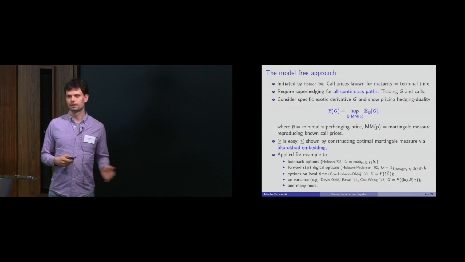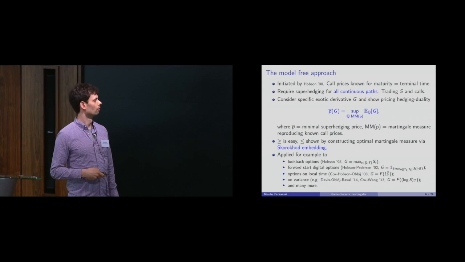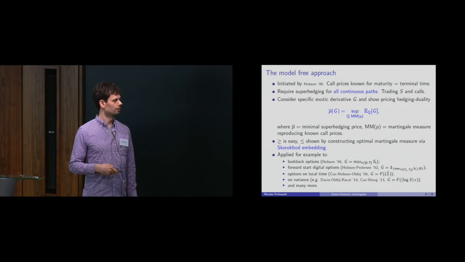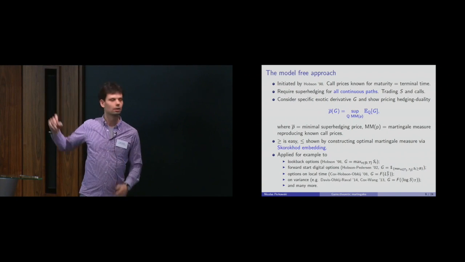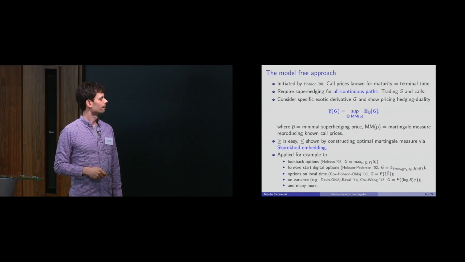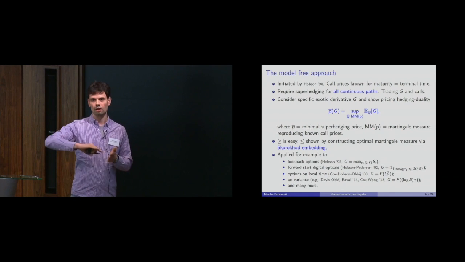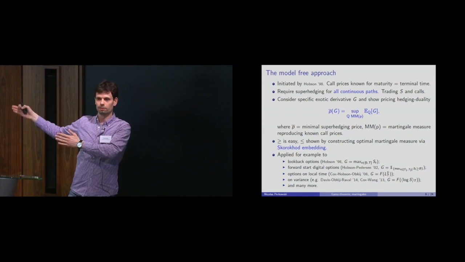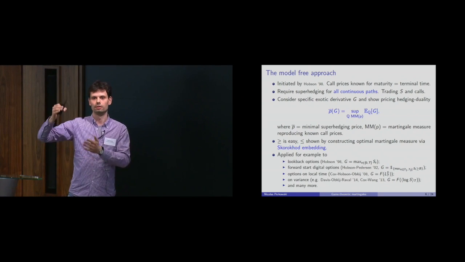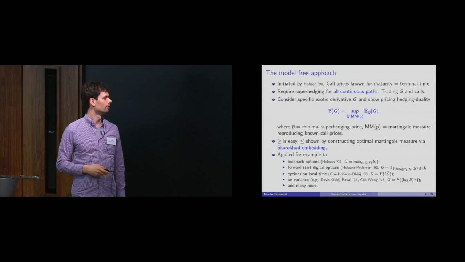So, but this then has been applied to really a bunch of different derivatives, G. So the first work of Hobson was where G is the maximum, so it's a lookback option, the maximum that your trajectory achieved during the time. Then Hobson-Pedersen in 2002 looked at something called forward start digital options. So you look whether your trajectory crosses a certain level in some time interval in the future. Not starting today, but maybe between tomorrow and the day after tomorrow. You look if in the day it somehow crosses a certain barrier.